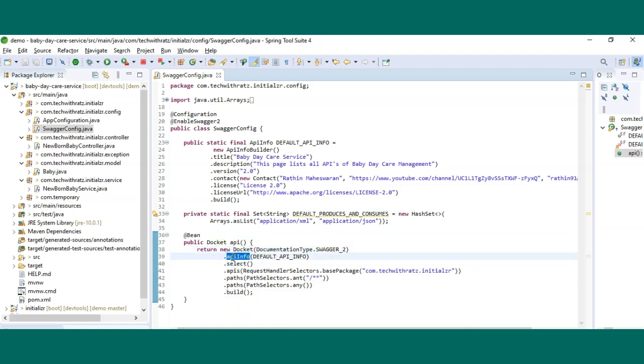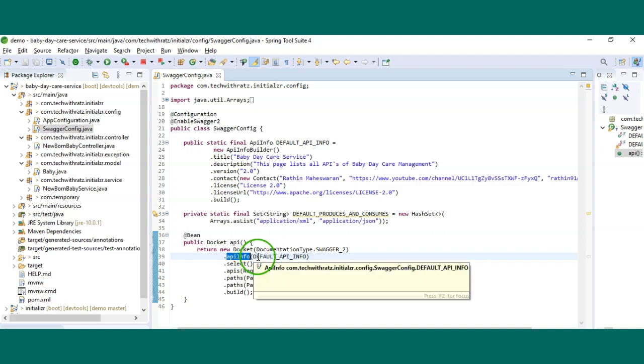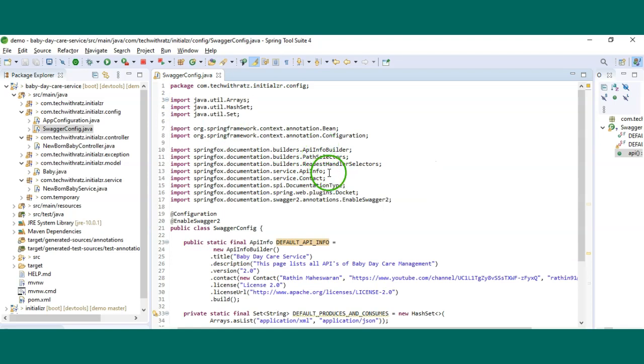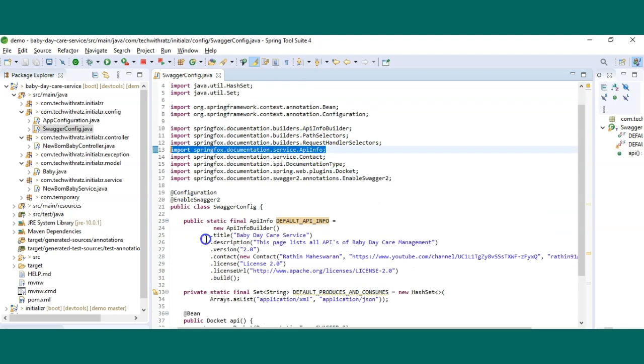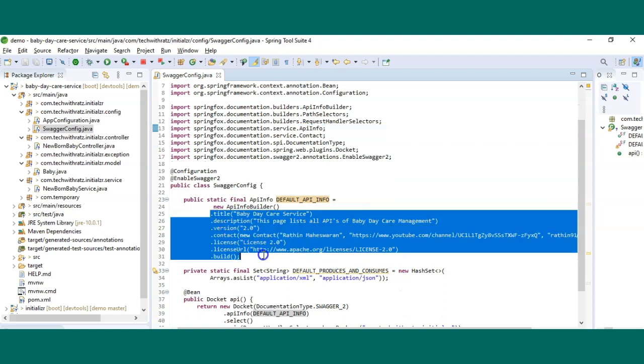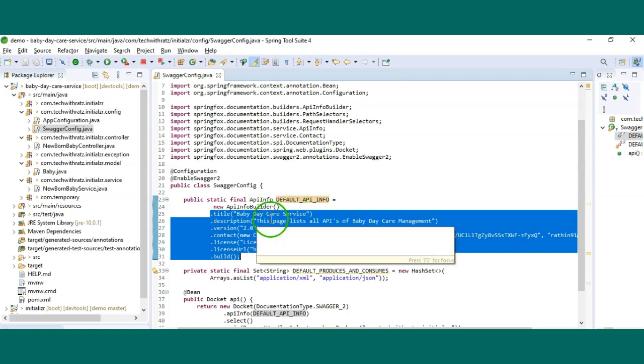In order to add metadata to your API documentation, or I can put it like in order to modify the header area of the documentation, we can customize and build the API info object that comes from this SpringFox library, through which we can add all the related information needed for the header of your documentation.